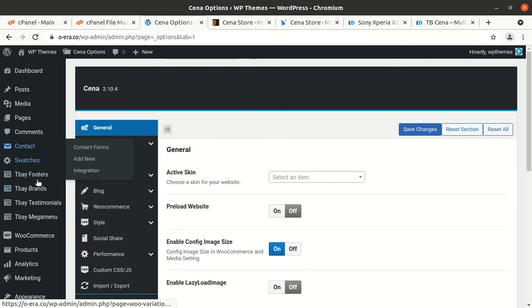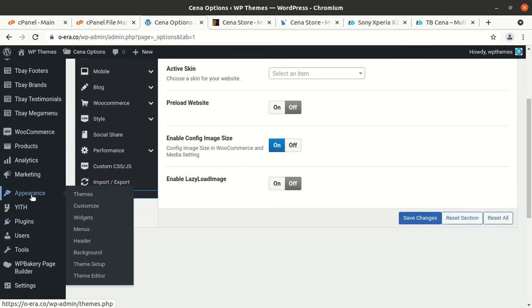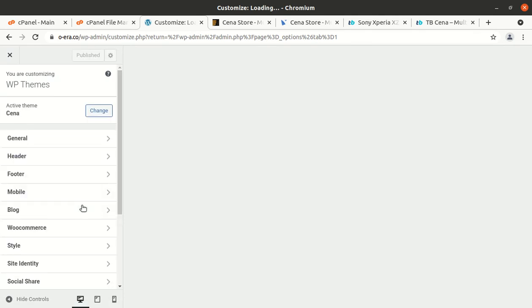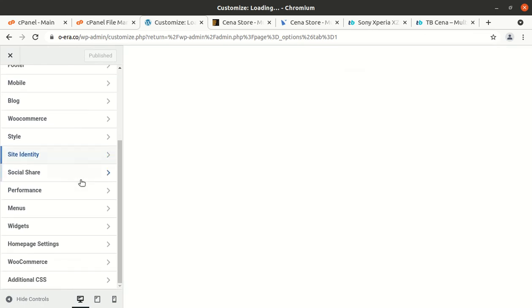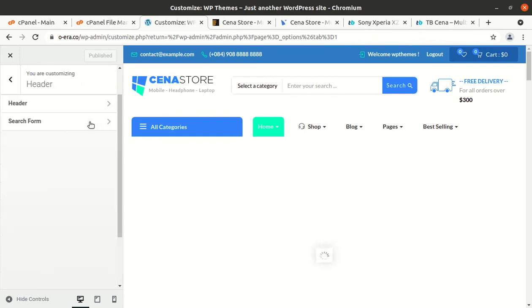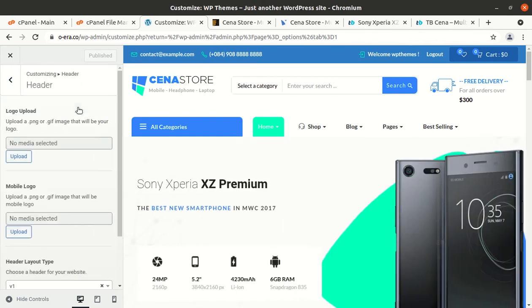And let us see the customize options, whether it is holding any more options or what. Okay, so the options are the same as I assumed, so you can simply control. So logo is the main part.